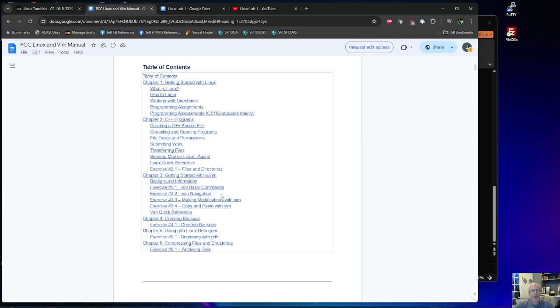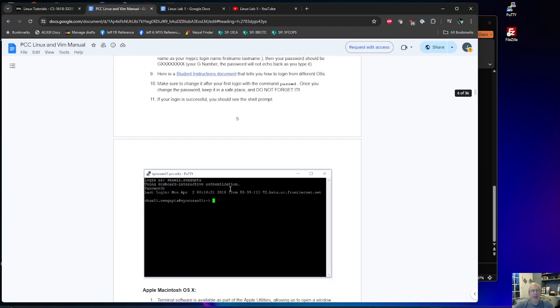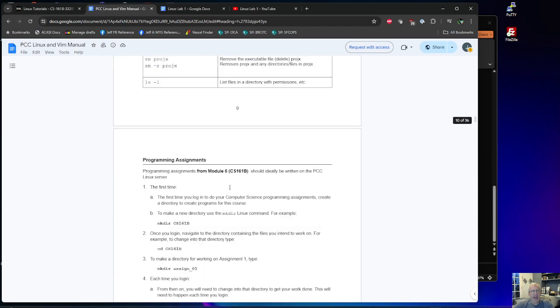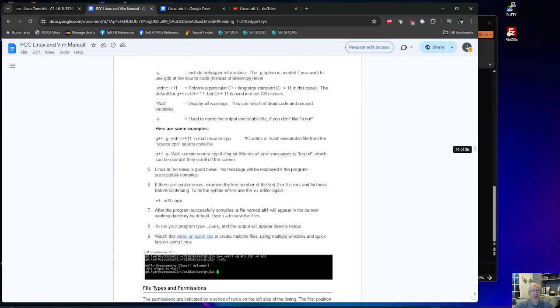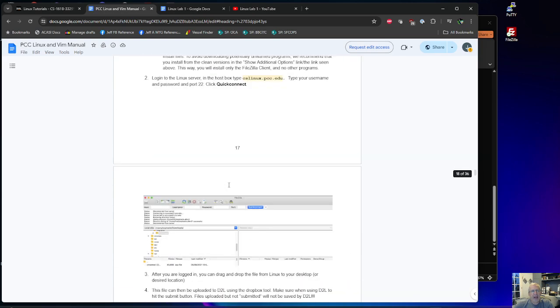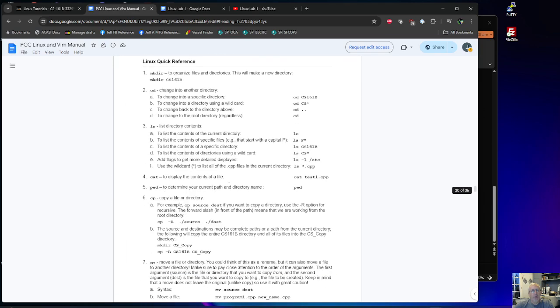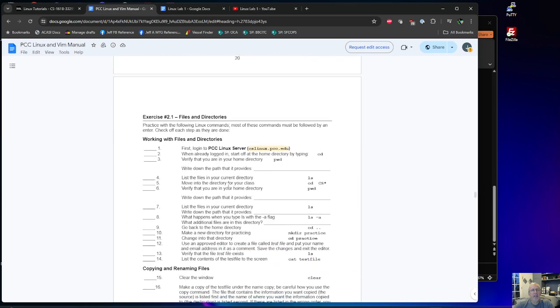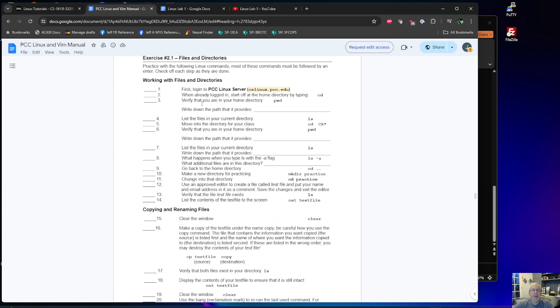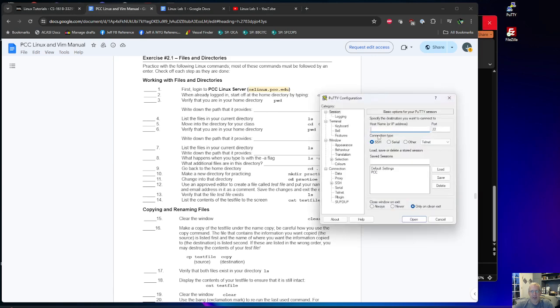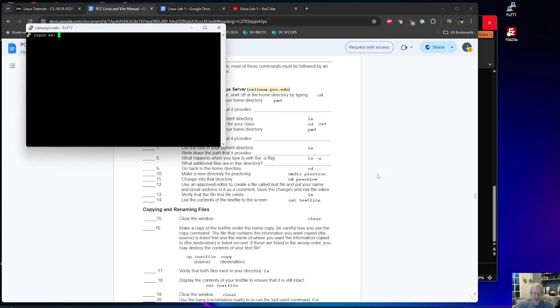Okay, when you get down into the latter part of this, you can see lots of screenshots. You get down into the latter part of the manual, you're going to see that we have some exercises. And I just recommend you go through this. And so, for example, if I go ahead and bring up a PuTTY session,